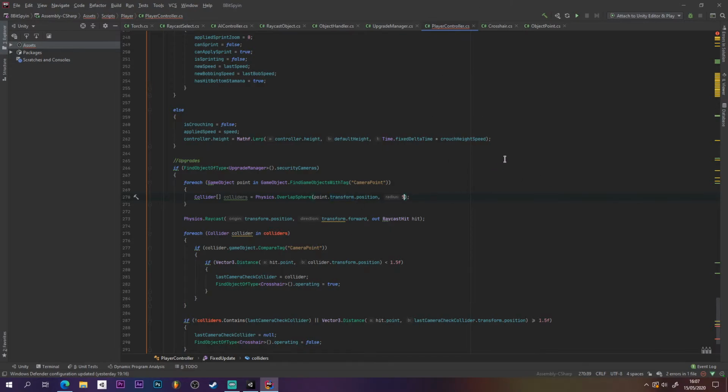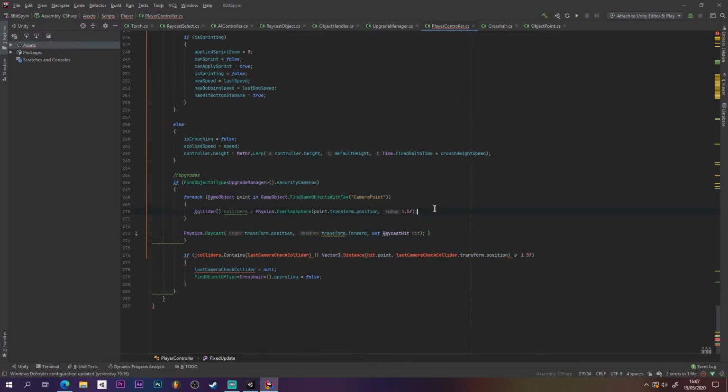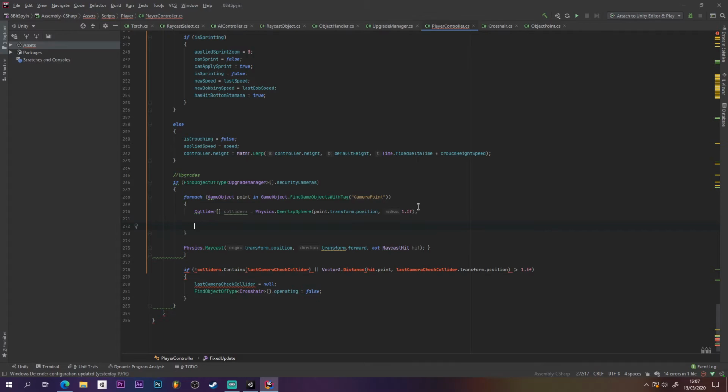That's way too big. That probably needs to be about 2. Maybe just 1.5, sure. And if the distance, so if